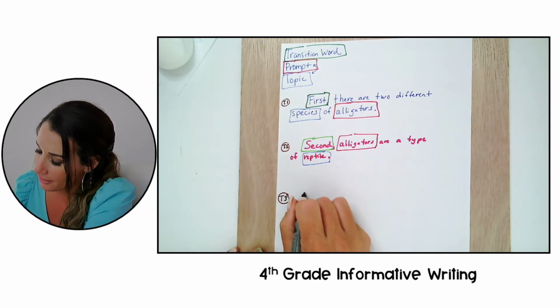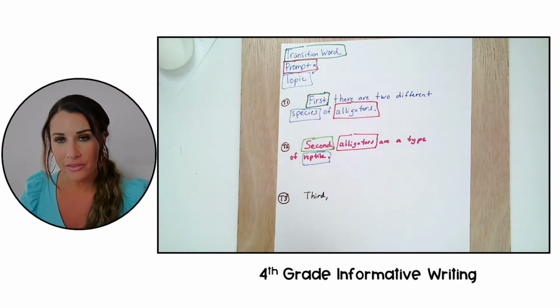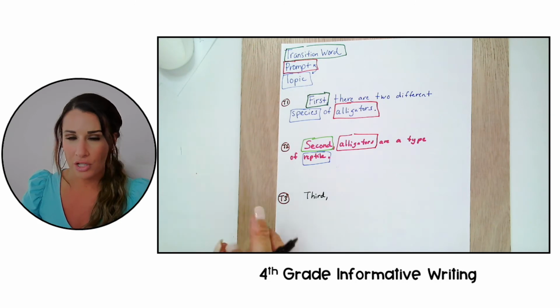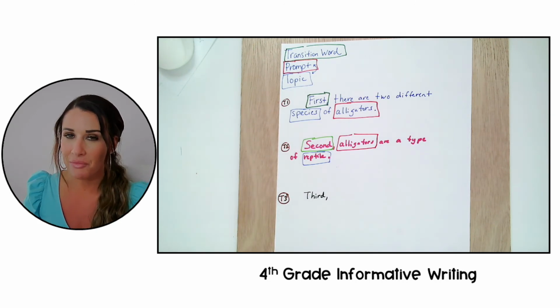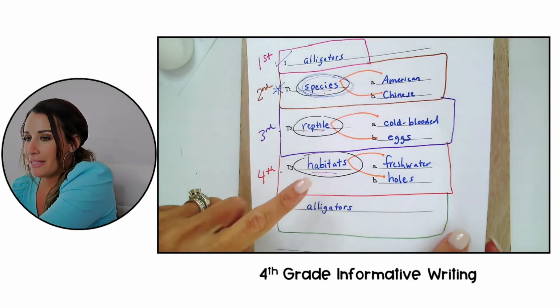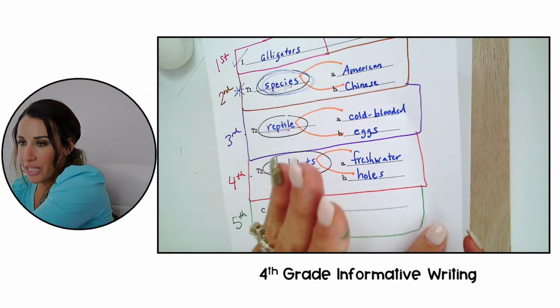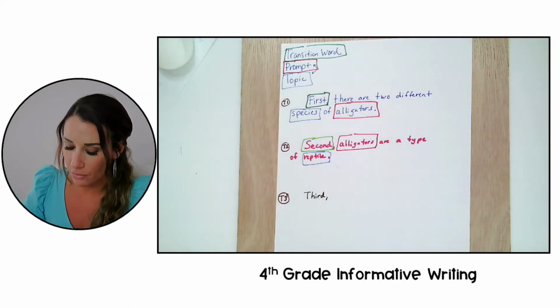I'm going to indent. I'm going to put third, comma, and then I have to make sure in this sentence, it doesn't matter if I do the prompt or topic first or second, but I need to make sure I'm mentioning the prompt of alligators and I'm putting the topic, which topic 3 is habitats. And I don't want to mention freshwater or holes. That's my A's and B's. That's for later. I'm just saying habitats, okay? So I'm going to say